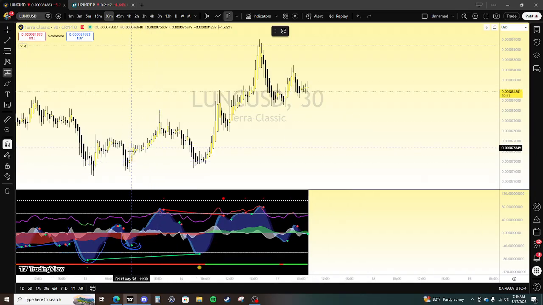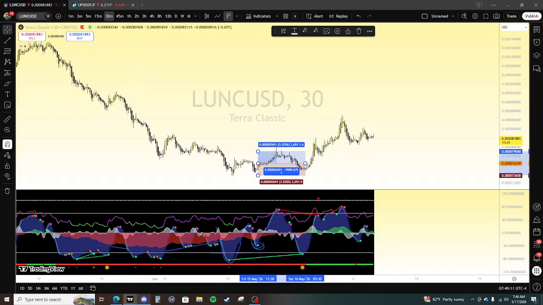So that's actually what would get you into the long in this case. Now, why this? Why now? Why not over here on this wave and then this trigger wave? Because if you notice, the money flow is rising here, but what I found in my studies of this is when you get the anchor wave to show up while the money flow is coming up, then you get the trigger wave again while the money flow has already been coming up,